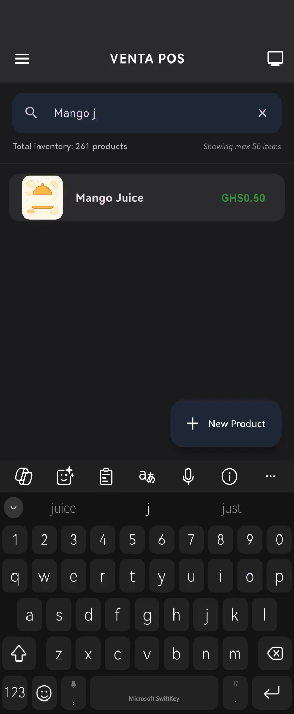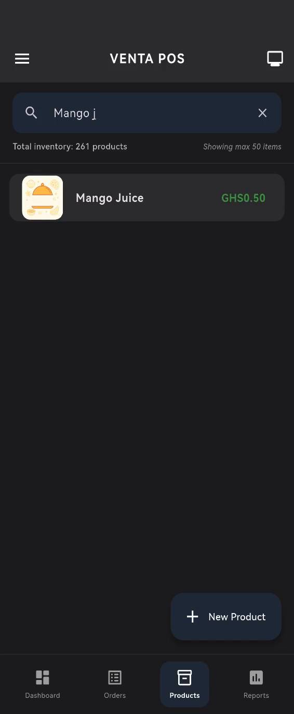And you notice our mango juice we just created is sitting here with a price of 0.50, but there is no image. And this is where we go to editing a product. So assuming the price of a product has changed, the name or the barcode has changed and you need to change this product,